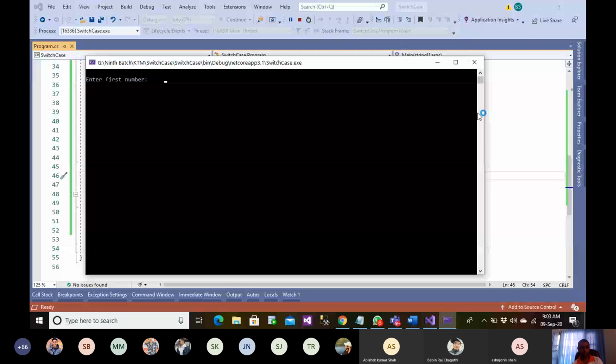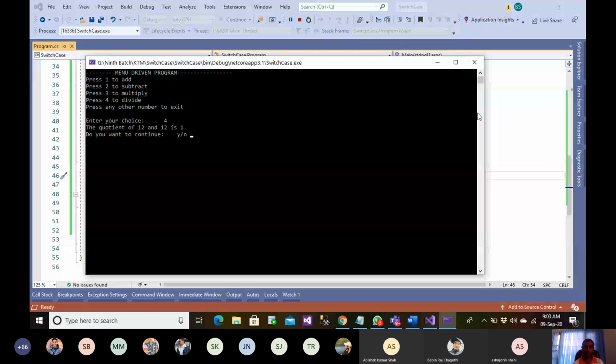First number, second number, let's say 3 or 4. And it is asking, do you want to continue? I press Y. First number, second number. Let's say I want 2, 3, and this calculates a product. I can press Y. Second number, I press 2. I press Y. First number, second number. I press 1, and this gives me the result. And if I press anything other than Y, then nothing is going to happen here.